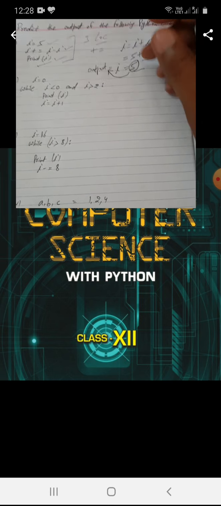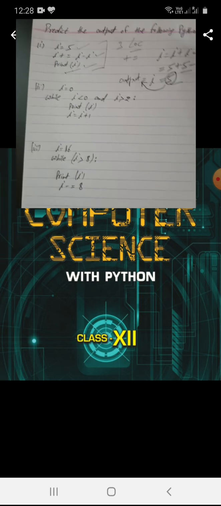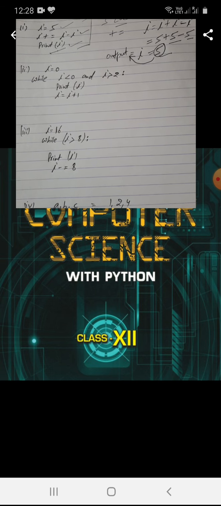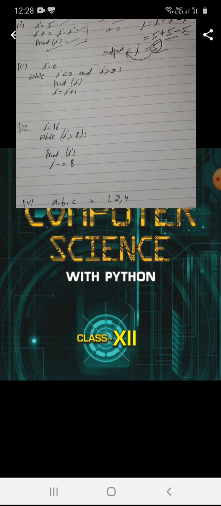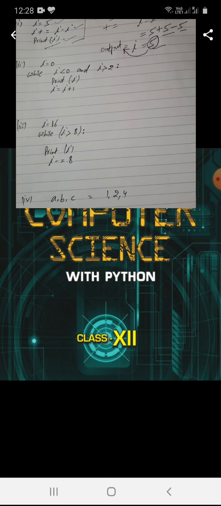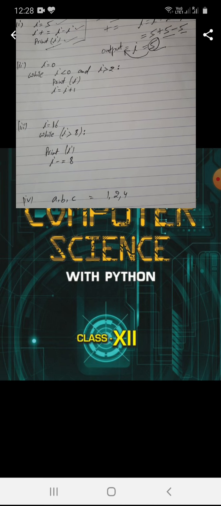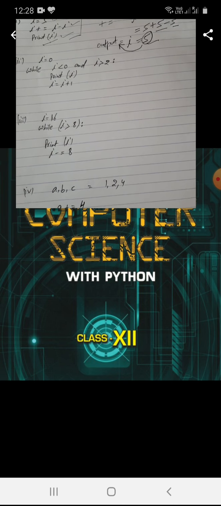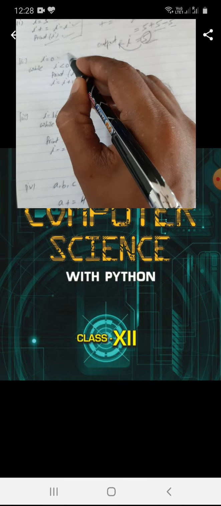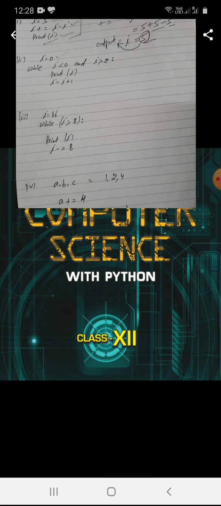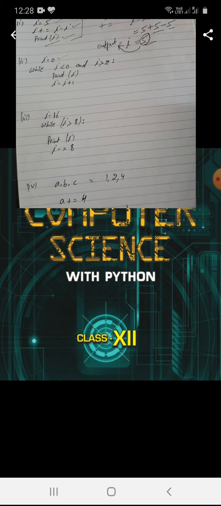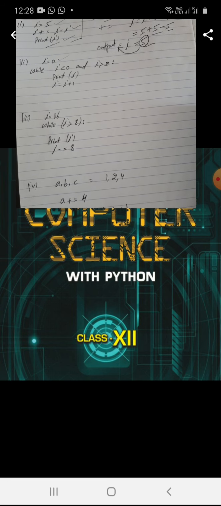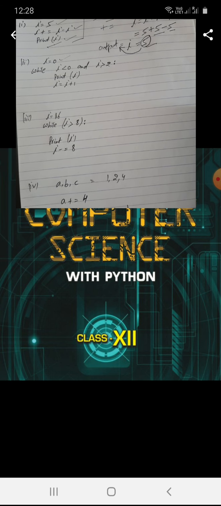Clear? The next code is i = 0, while i < 0 and i > 2, then colon, print(i), and now i = i + 1. In the first line of code initially the value of i is stored as 0. 0 is assigned to i, while a conditional statement is given, while.